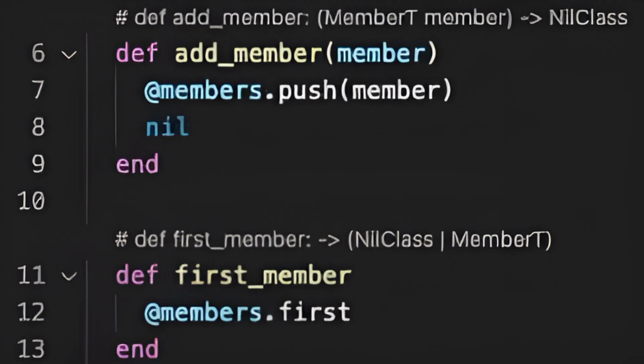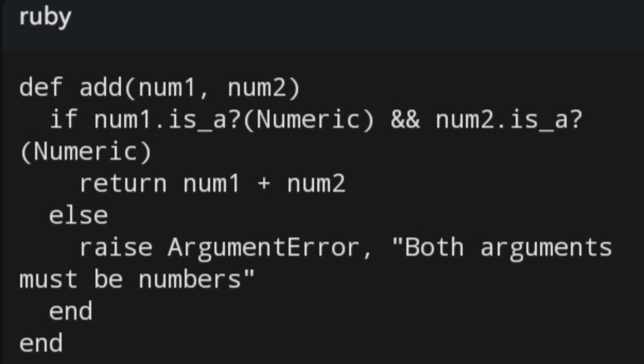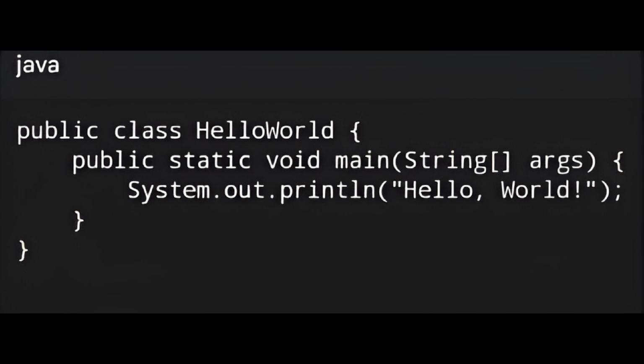Def add. Def add is the beginning of a method definition in Ruby. A method is a block of code that performs a specific task and can be reused multiple times. Java. Public class. The public class Main typically serves as the entry point for Java applications, where the JVM begins